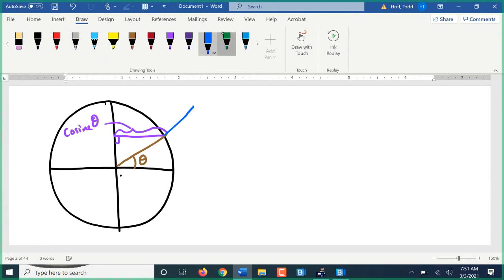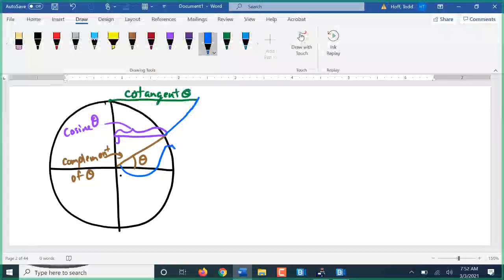Now I extend this out. The tangent has to be tangent at the reference diameter, so that would be back here. This up here is referred to as the cotangent of theta. In other words, it's the tangent of that complementary angle. This right here is going to be the complement theta. And of course, this length here